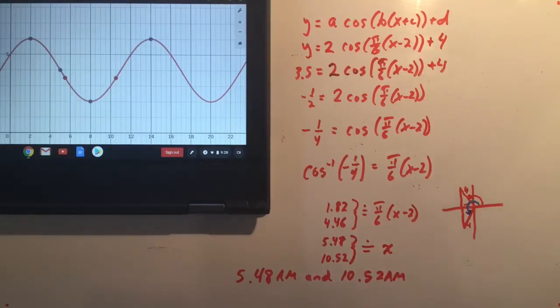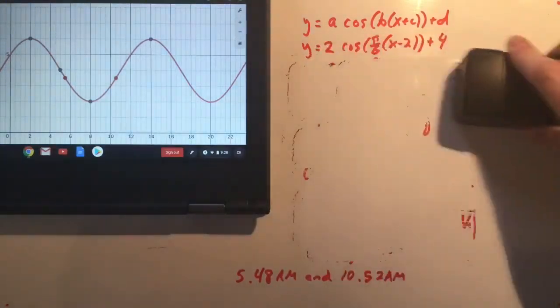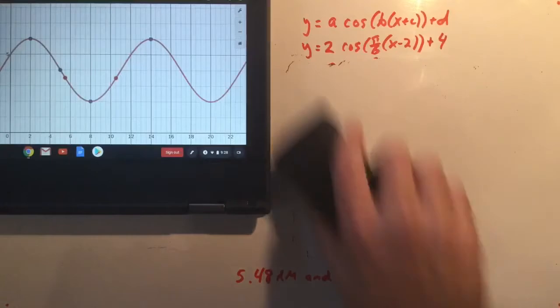10.52 a.m. Sir, nobody says 5.48 a.m. or 10.52 a.m. Yes, that is true. Okay, so what we're going to do then, we'll erase all this. We have a little bit more room. And we'll say, okay,